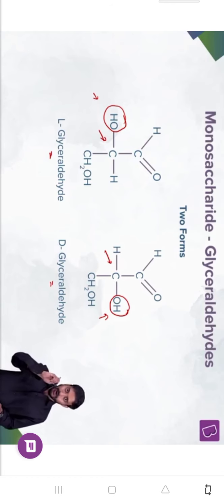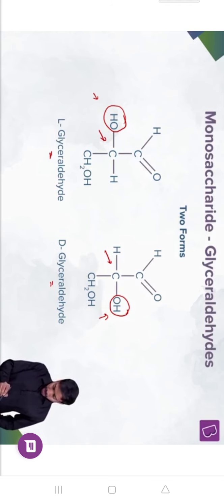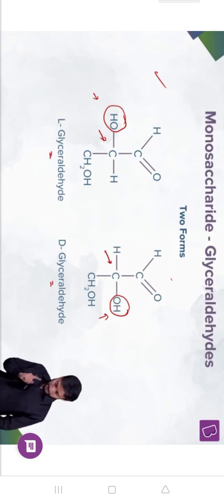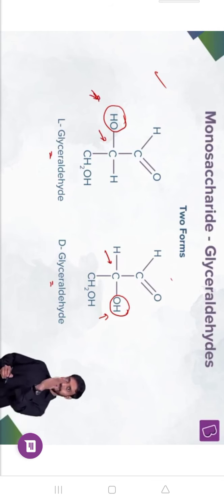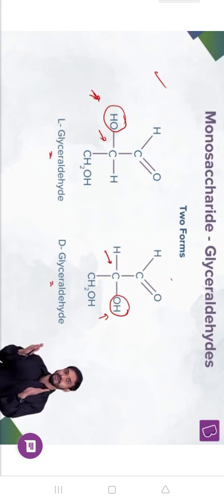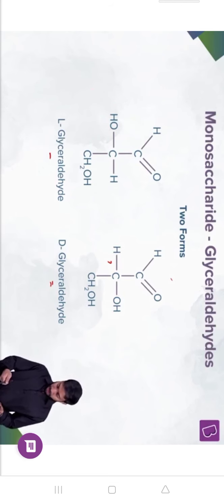Now, I explained to you about these mirror images. Just take some time and try to relate. Do you think that these are the mirror images of each other? Yeah? Try to look into it. See, OH was this side here, like my finger, and here OH becomes this side, like my thumb here. Correct? So can I say these are the mirror images? And if I try to superimpose them, I'll just rub it, and then you can understand the superimposition. Try to superimpose